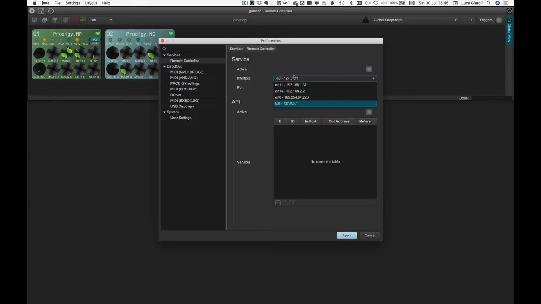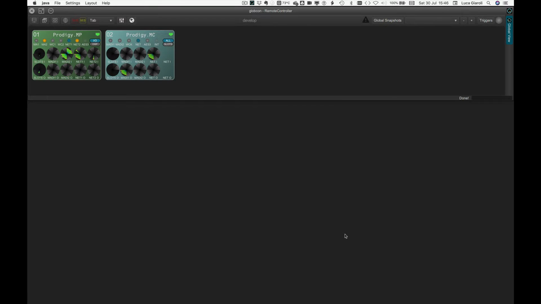Among the several Ethernet adapters you have on your system, select the one you prefer to be used from Globcon controller, knowing all the external browsers will need to reach that IP address. Specify which port should be used or leave the default one, 9091. Click on the Active button in the top and then on Apply in the bottom of the Preference panel.